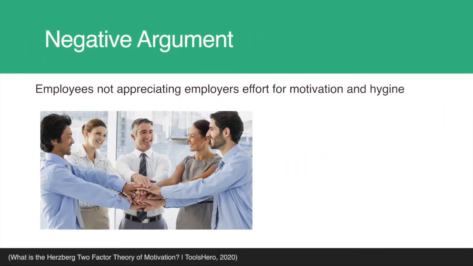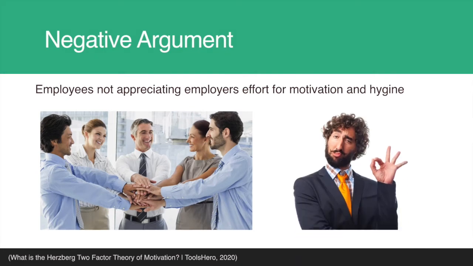Following the positive arguments of the theory, we're going to head over to the negative aspects. So even though Herzberg's two-factor theory is widely integrated around the world, there is surely still room for critique. One of the issues worth addressing is that when humans reflect on their work and productivity, when all is going well in the workplace, there's a possibility that they only give credit to themselves.